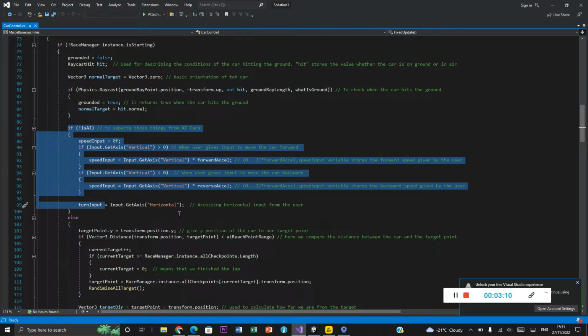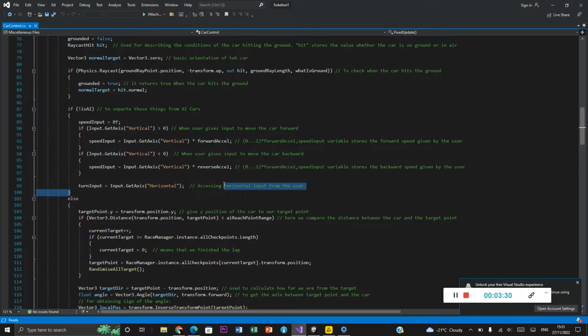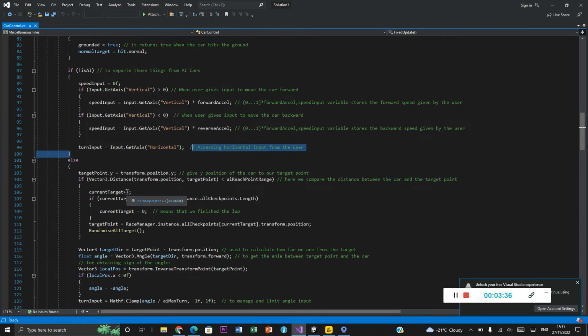The speed input is off, and if Input.GetAxis vertical is greater than 0, that is when the user gives input to move the car forward. Speed input is equal to Input.GetAxis vertical forward axis, and the speed input variable stores the forward speed given by the user. Okay. The Input.GetAxis horizontal is just like accessing horizontal input from the user. Else,